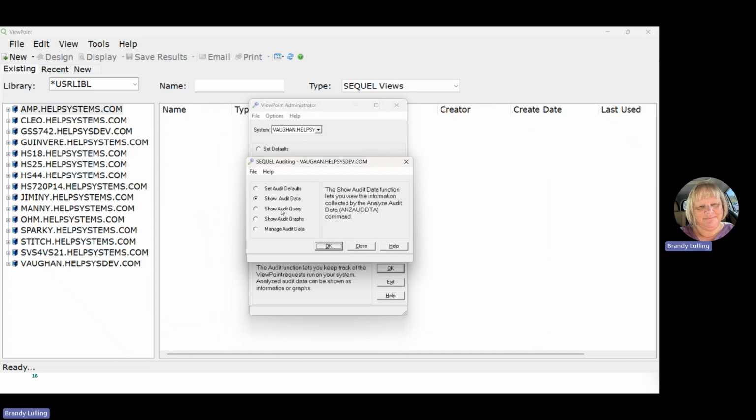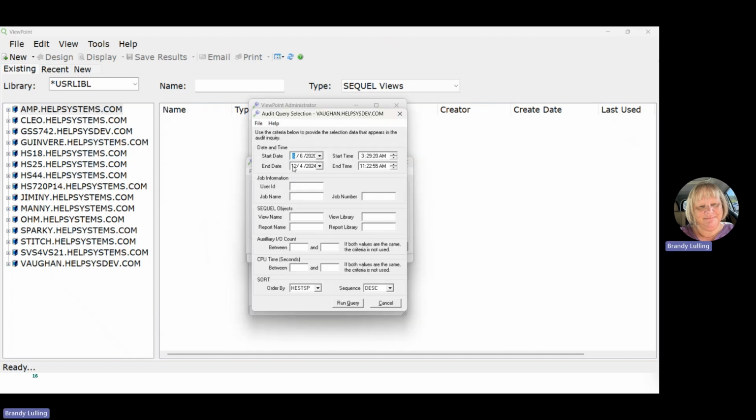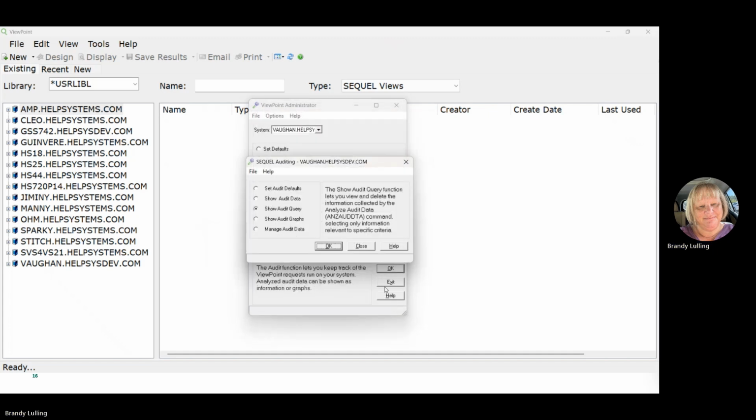You can also do a show audit query. So it'll help you define what information you want to see, which is really handy if you are doing this monthly or quarterly. Maybe you don't want to analyze all of the data, you want to specify just a small data set. Audit graphs can be created